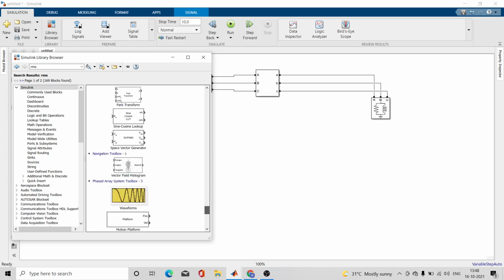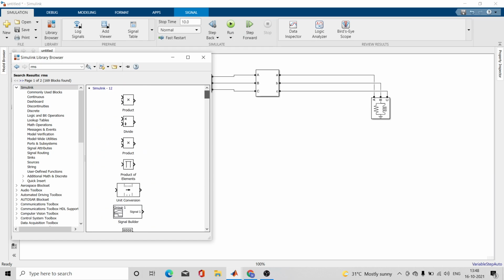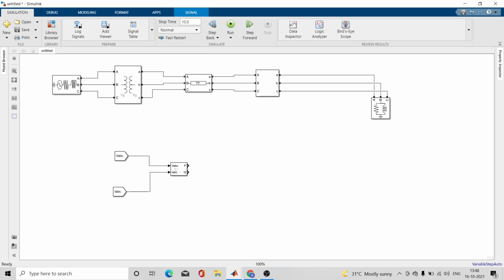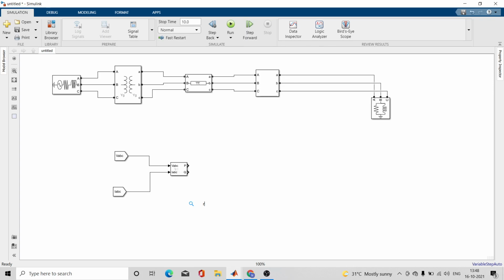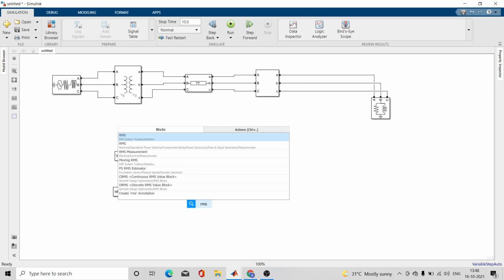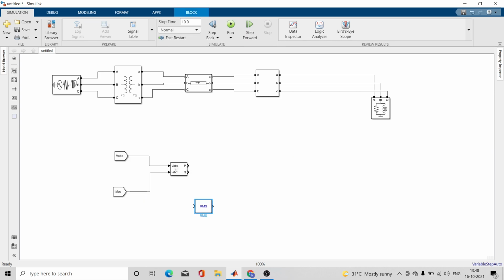You can use capital RMS to find it in the library browser. So let us copy this RMS block.